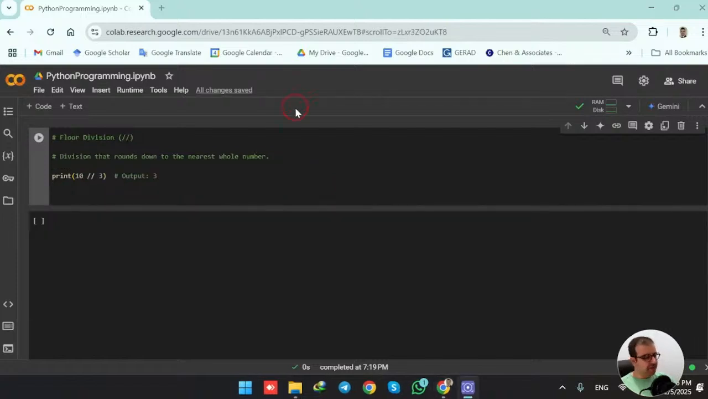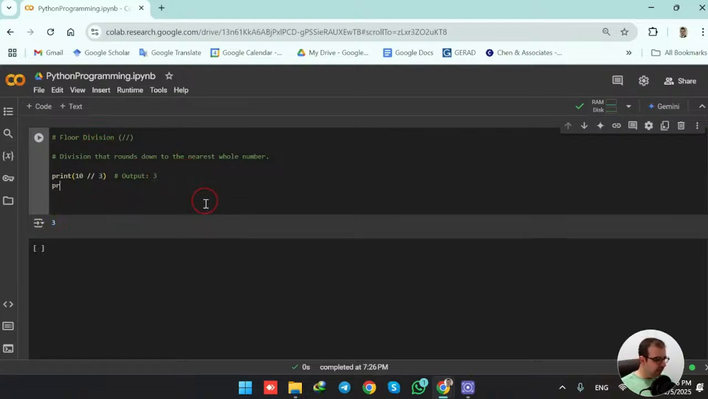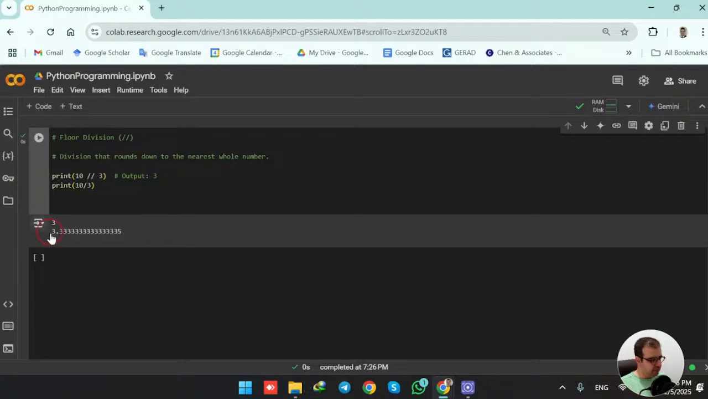Hello everyone, welcome back. In today's video, we are going to work with floor division. So floor division is going to round down to the nearest whole number. For example, when I have 10 divided by 3 and use the floor division, the output is 3. However, if I print 10 divided by 3, we see the output and it is